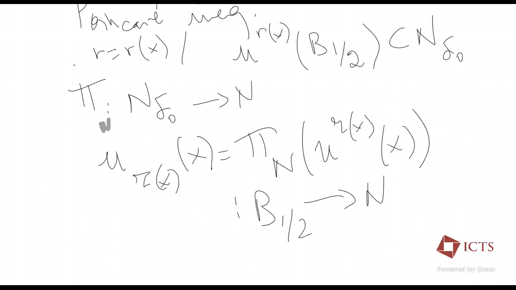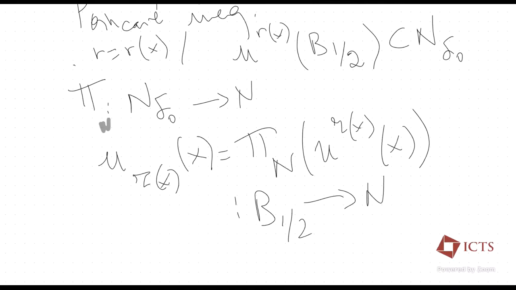You will not use it per se as a competitor, but you will use this map to build a competitor. So once you have built this map, which is some sort of good projection map,